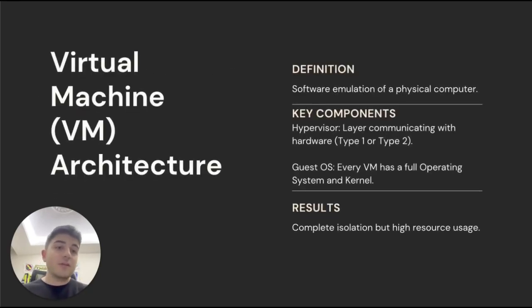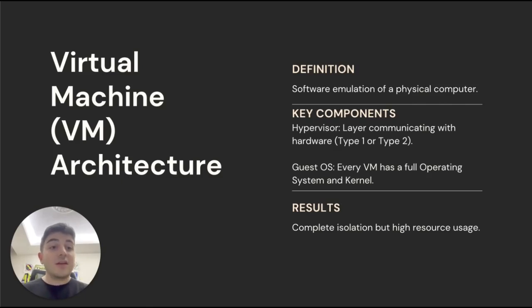Now, let's look at the technical foundation. This is the virtual machine architecture. What is a virtual machine? A virtual machine is basically a software emulation of a physical computer. It acts like a real computer, but it is just software. There are two critical components here. First, the hypervisor. As you can see in our report, the hypervisor is a software layer. It sits between the hardware and the virtual machines. There are even two types. Type 1 installs directly on hardware, and there is type 2, like VirtualBox, which you might use on your own laptops.